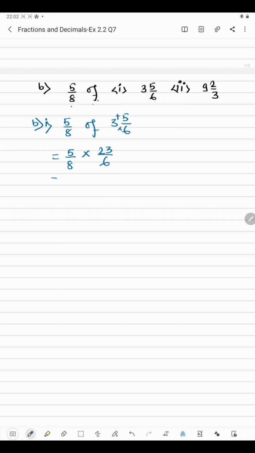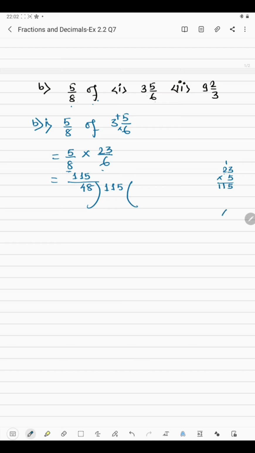Okay, now see here we cannot cut these two numbers, and these and this number we cannot cut, as these numbers cannot be divided by one single digit. So what we have to do, we will just multiply the numerators. So 23 multiplied by 5 is 3 5s are 15, 5 1 carry, 5 2s are 10, 10 plus 1 is 11. So we are getting 115 by 8 multiplied by 6 is 48. Okay, now this is an improper fraction, so we will have to convert it into mixed.